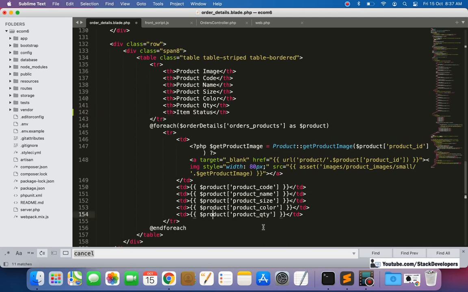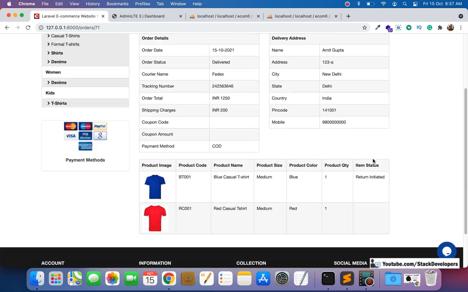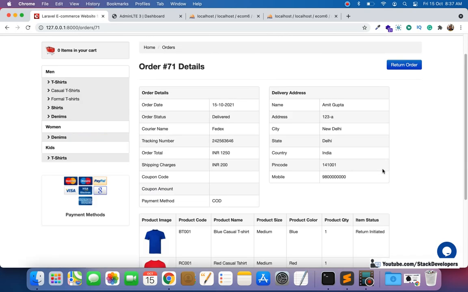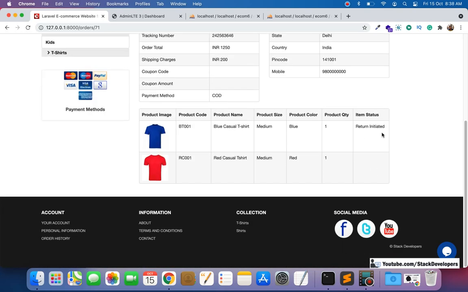Okay, so here we can show a similar item status. So now you can check. See, return initiated. Here it is clearly mentioned: return initiated. Okay, so the user will come to know this is return initiated.